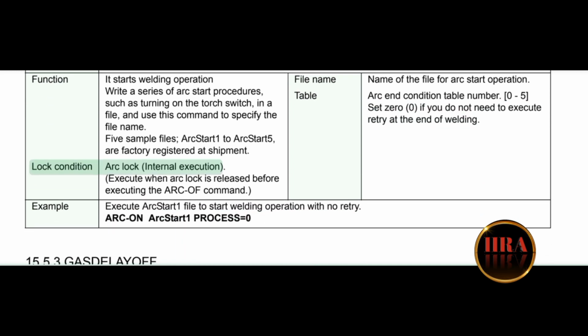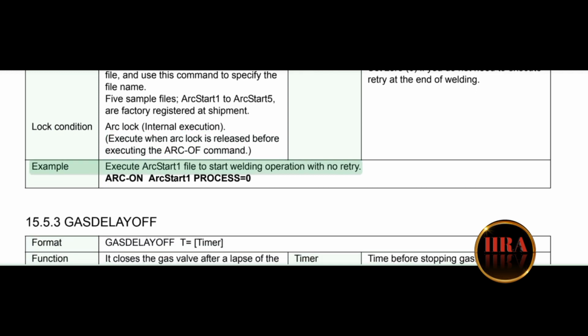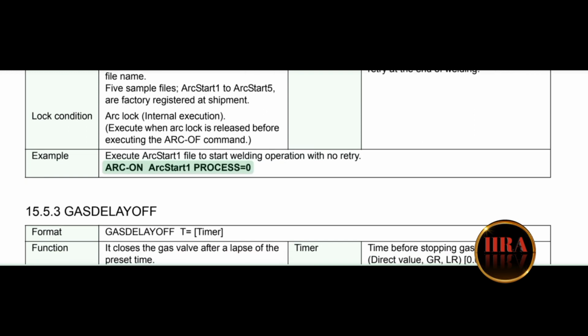0 to 5. Set 0 if you do not need to execute retry at the start of welding. Lock condition: ARC lock, internal execution. Execute when ARC lock is released before executing the ARC-on command. Example: execute the ARCStart1 file to start the welding operation with no retry. ARC-on ARCStart1 process equals 0. Format: